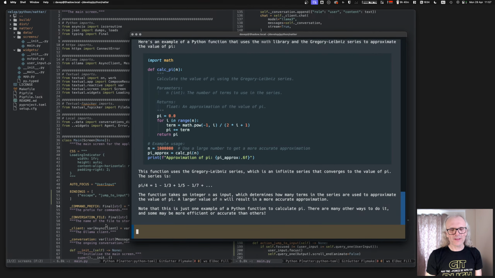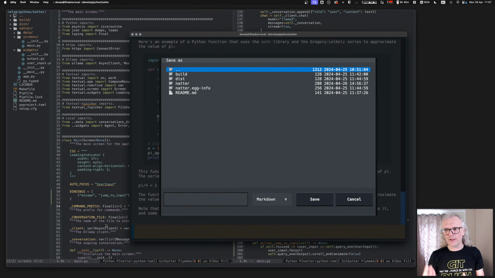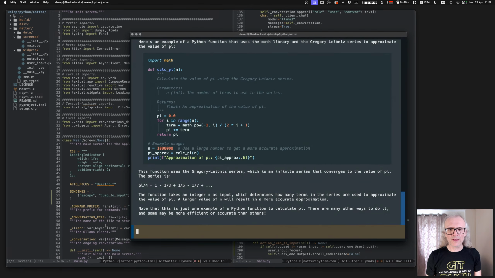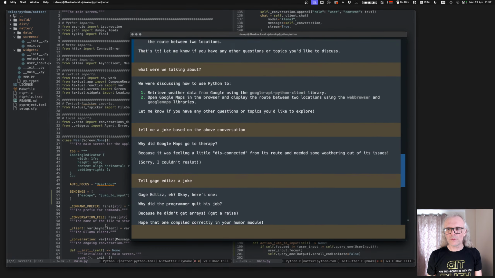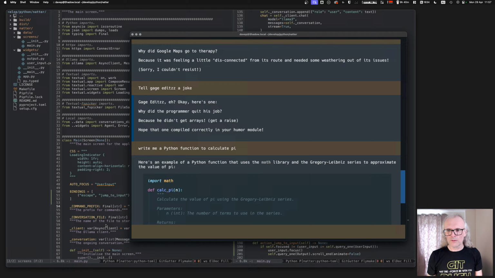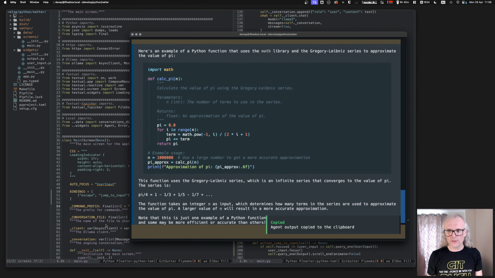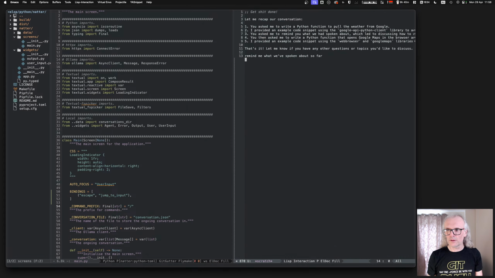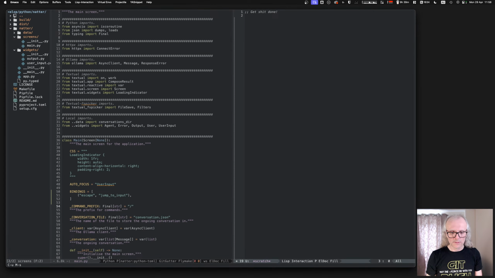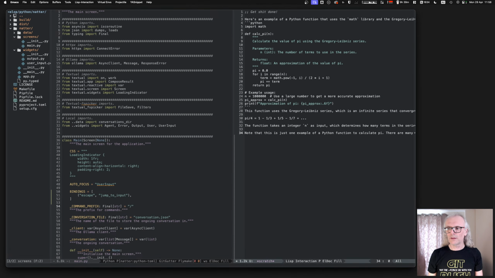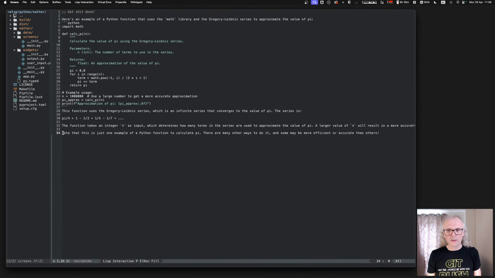So yeah, that's what I'm making, and doing little things like today I've been adding the ability to save, so I can actually save the conversation as a markdown document, or scroll through it and say, let's copy that to the clipboard, and then we'll go over here. And there's the answer that it gave me. I copied it to the clipboard and now paste it into my scratch buffer in Emacs, that kind of thing.